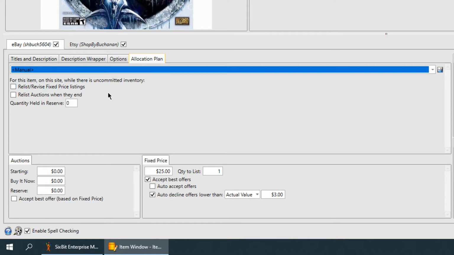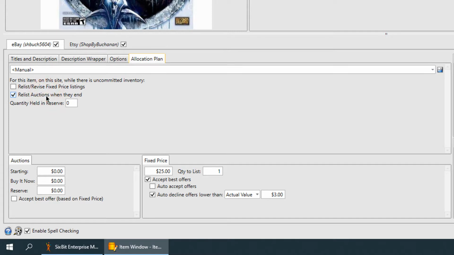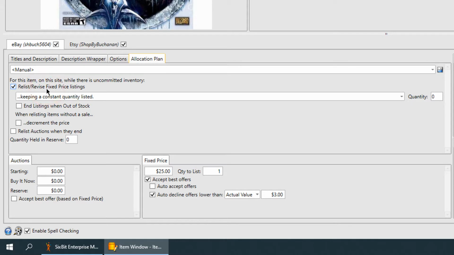First, you must decide whether you will be listing a fixed price listing or an auction. If you are listing an auction, choosing the relist auctions when they end option will have the same effect as the keep an auction always listed allocation plan. If you are listing a fixed price listing, checking the relist/revise fixed price listings box will reveal more options to